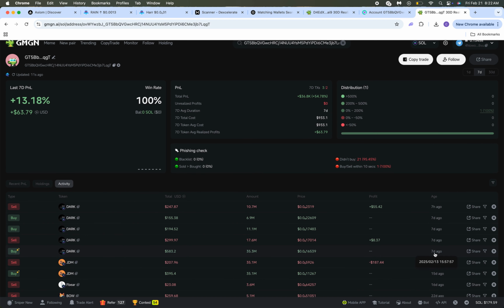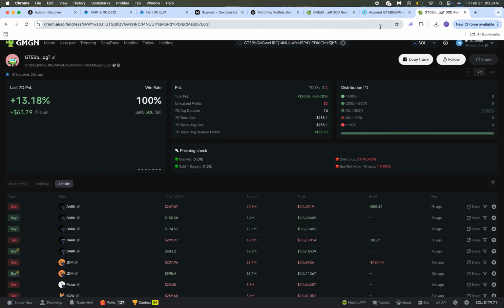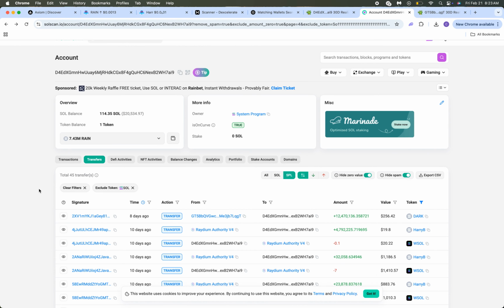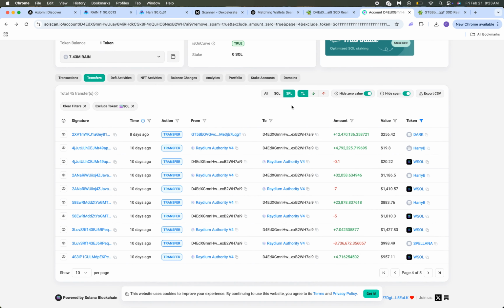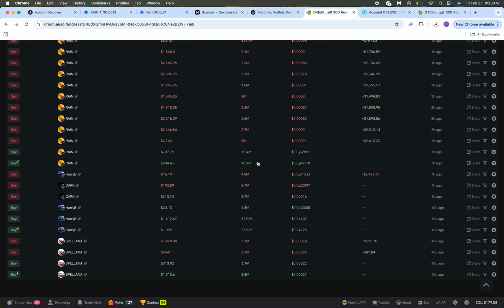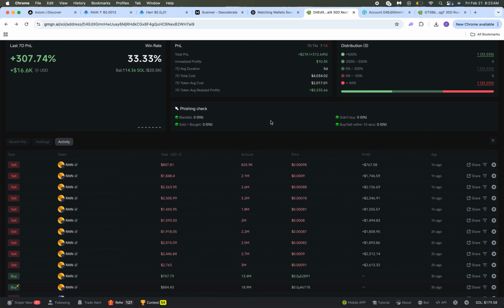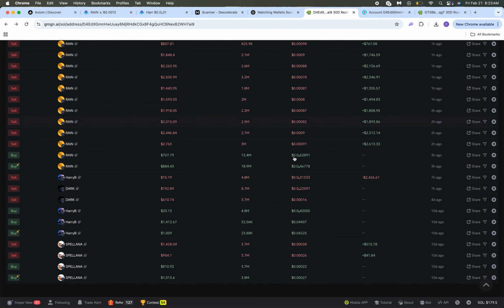And he bought it at 15:57, right when the call was made. So this wallet is probably him. I'm not 100% certain, but based off what's happening here, and this guy likes to recycle his wallets. If we look at the Sol transferred and go to the last page, we can see that he sent it from a Binance, so there's no way to track it. But this guy probably doesn't hold on to the same wallet for very long. But this looks like this could be him because he bought Rain way before, he sold Dark, he bought Harry, he bought Spalana, the last 4 exactly were him. So